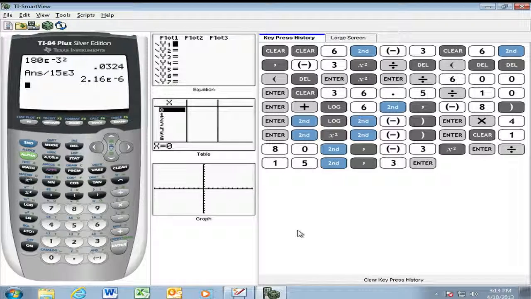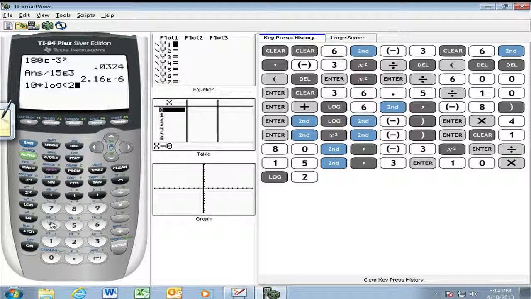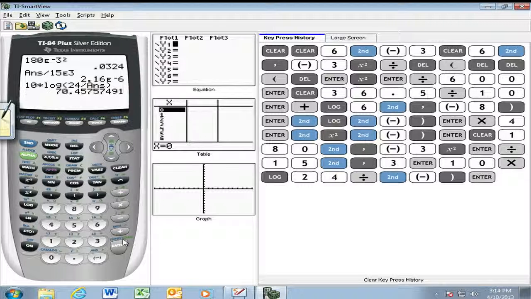All right, so we're going to go 10 times the log, right, of 24 divided by, now I'm going to actually bring in my answer here. Second, there we go. And then answer, right, that's my previous answer. Let's see if this works out. Bingo, right,